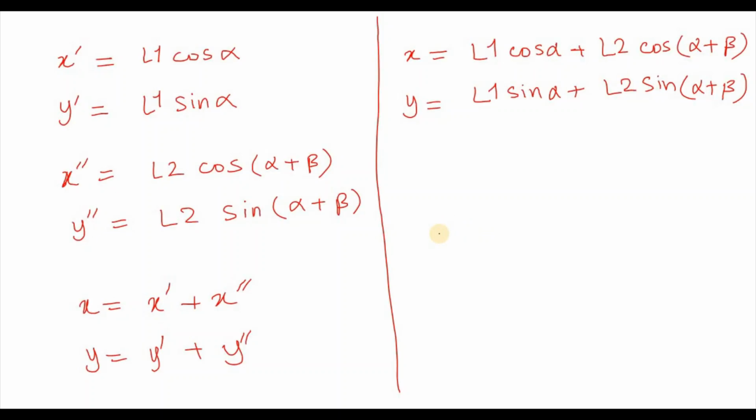So this is how you can find the final position of your end effector. So this equation tells us that if L1 and L2 and also the alpha and beta are known,